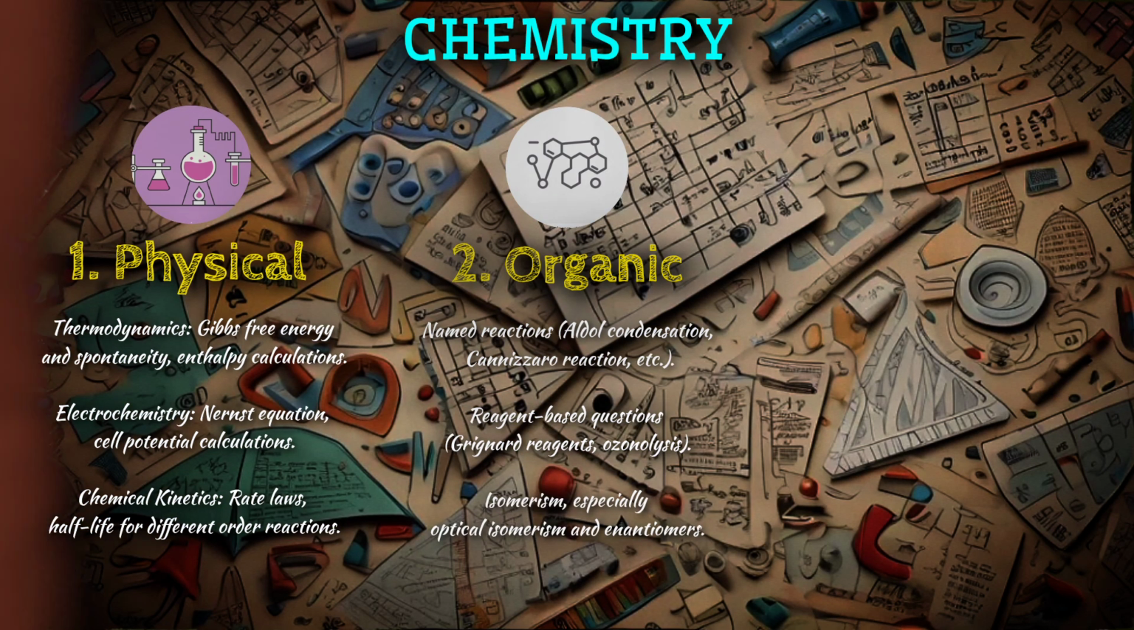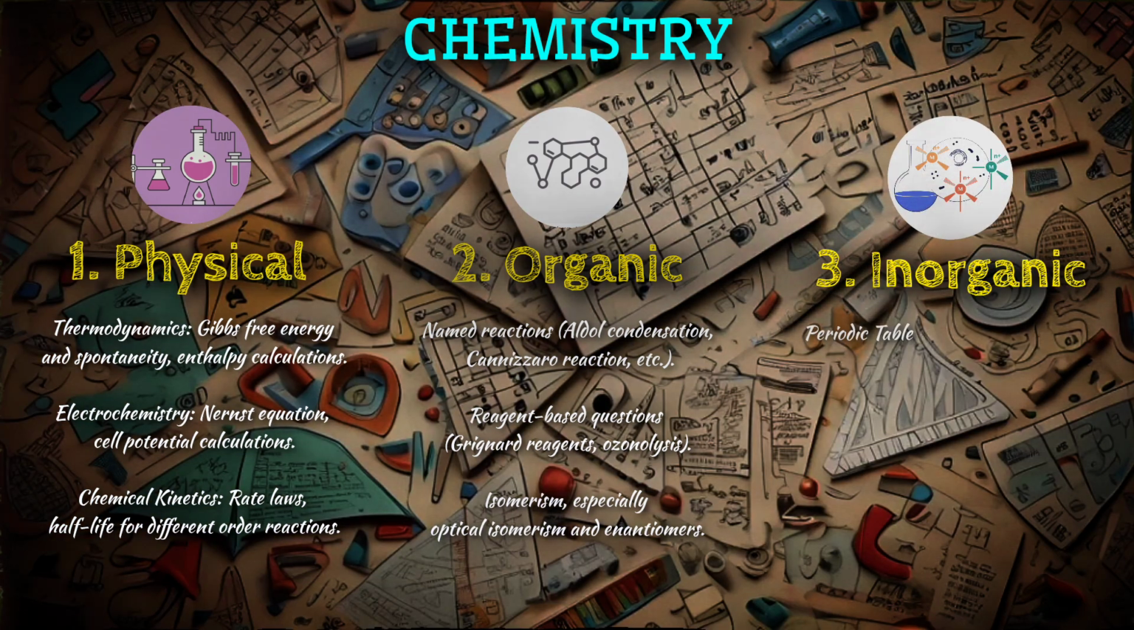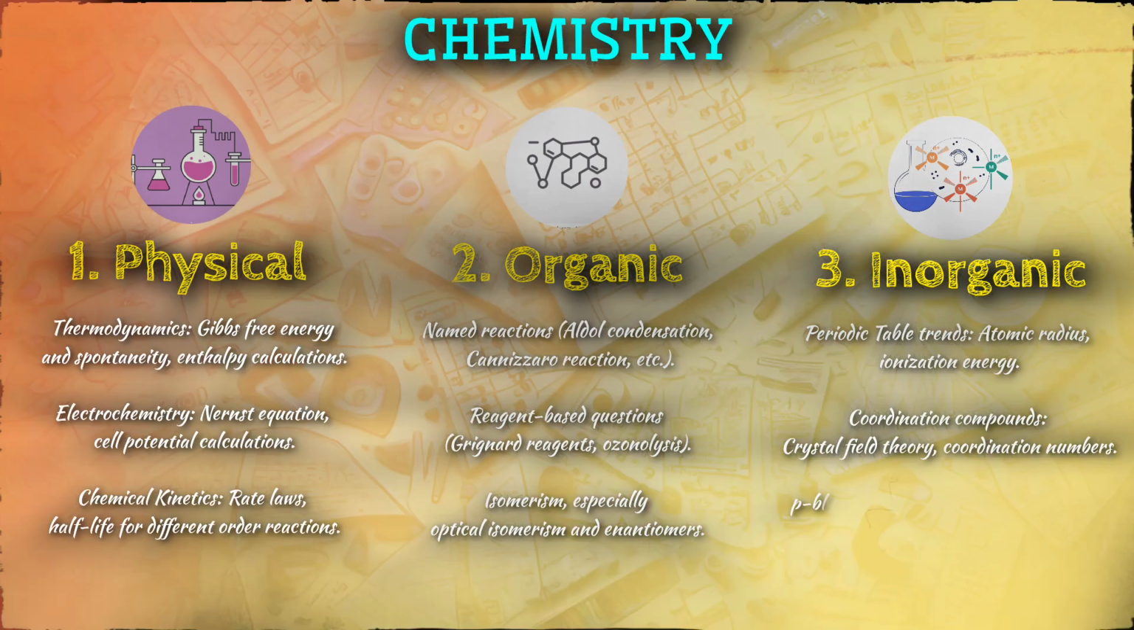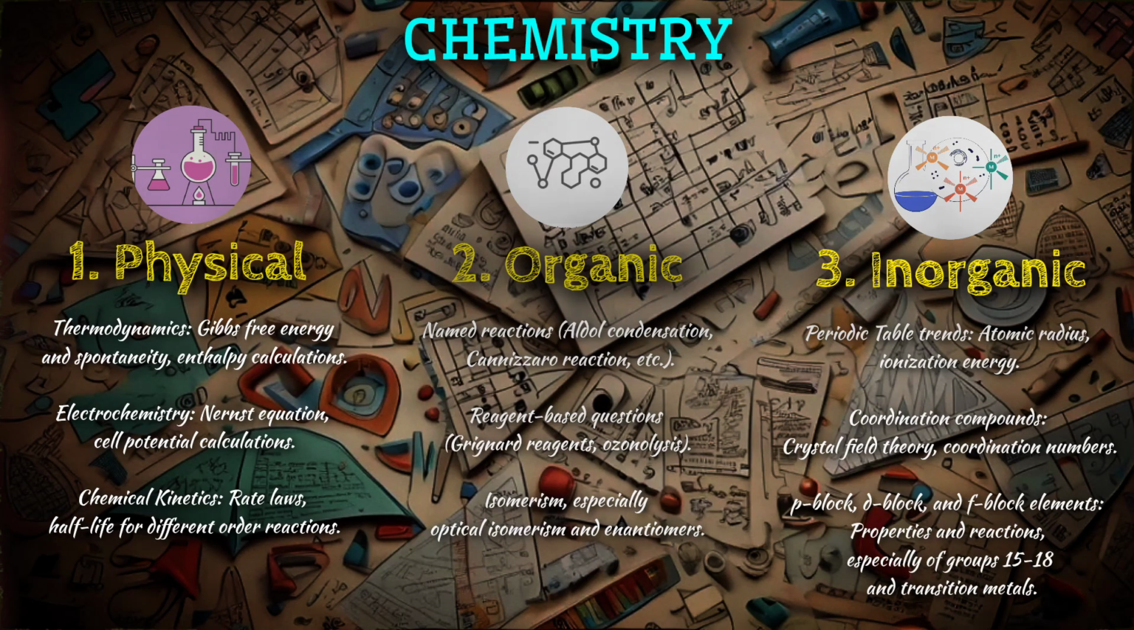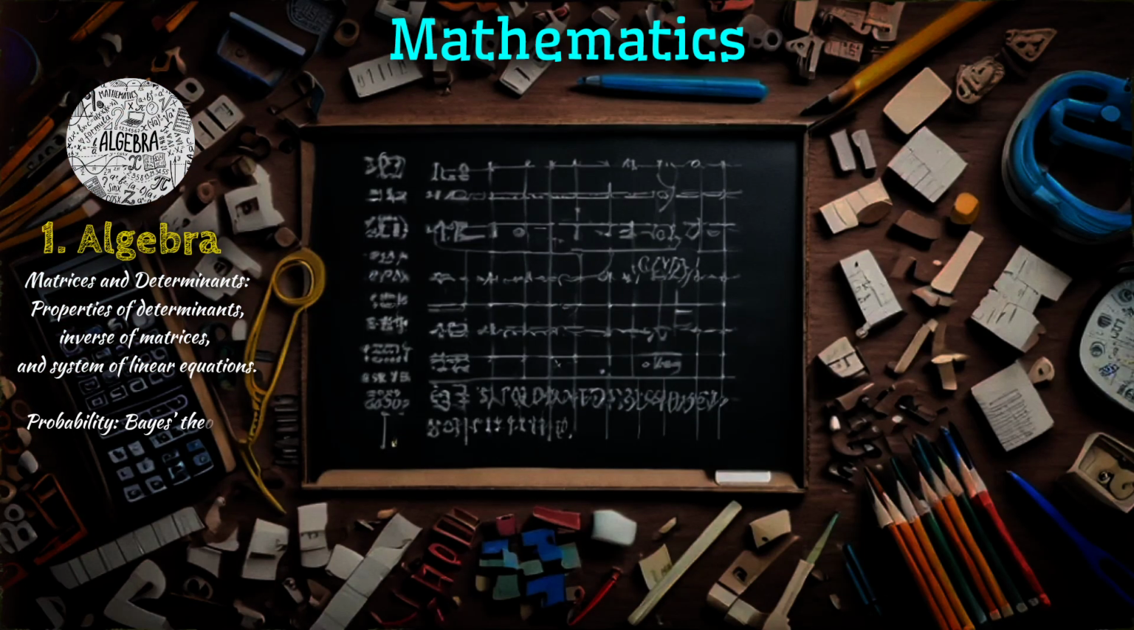Reagent-based questions, Grignard reagents, ozonolysis; isomerism, especially optical isomerism and enantiomers. 3. Inorganic Chemistry: periodic table trends, atomic radius, ionization energy; coordination compounds, crystal field theory, coordination numbers; p-block, d-block, and f-block elements, properties and reactions, especially of groups 15 to 18 and transition metals. Mathematics. First, Algebra: matrices and determinants,